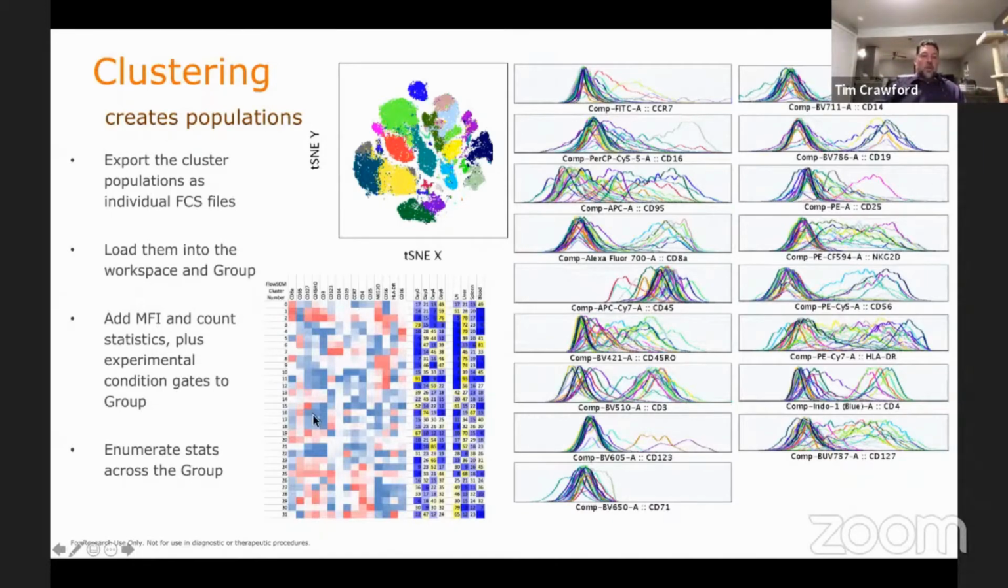Of course, a little formatting in Excel, and now I have something meaningful to share with my group at lab meeting, and that is the actual population phenotype, what it's expressing, and how it's changing across those conditions. And that can be done by anybody that has relatively little experience gating and applying statistics and enumerating those in